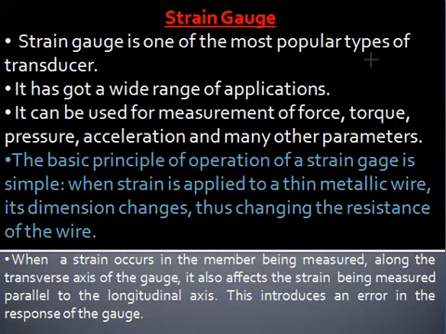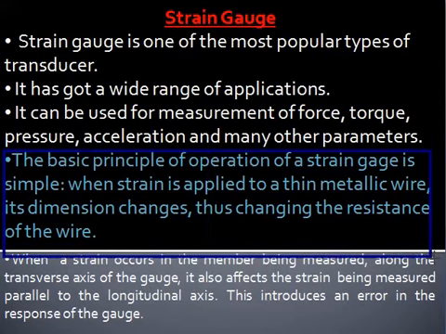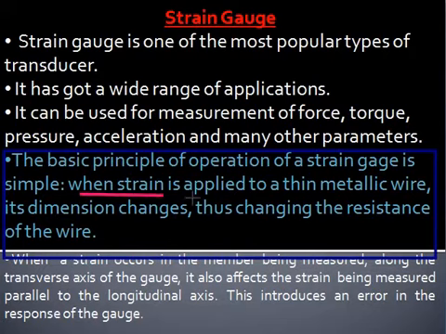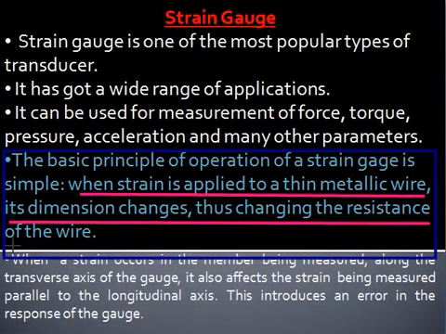Strain gauge is one of the most popular types of transducer and it has a wide variety of applications for the measurement of force, torque, pressure, acceleration and many other parameters. The basic principle of operation of strain gauge, as you have earlier studied, is that when strain is applied to a thin metallic wire,